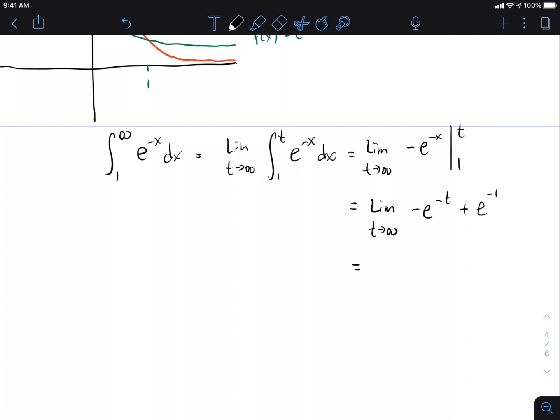When does it go to 0? It's going to go to 0. So this first piece is going to be 0 plus e to the negative 1, and so I get e to the negative 1 as my answer. Since it goes to e to the negative 1, that's the same as 1 over